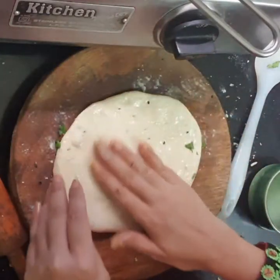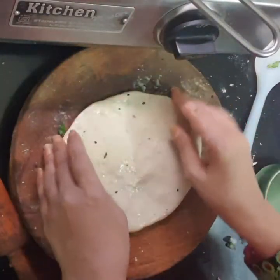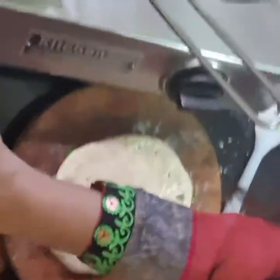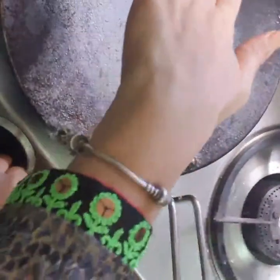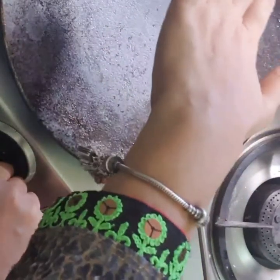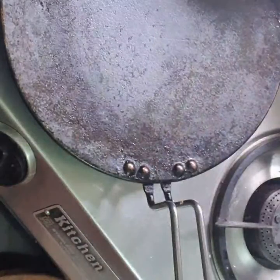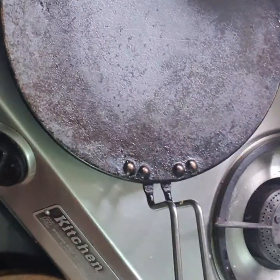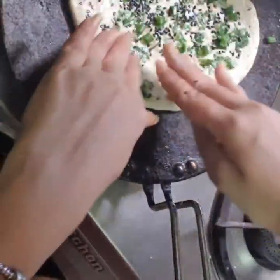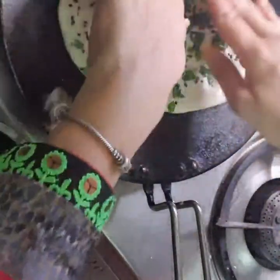Okay, so this is how, once you have applied the water, now just feel the tawa, you should feel the heat of the tawa. Once it has been heated nicely, simply spread it. Okay,